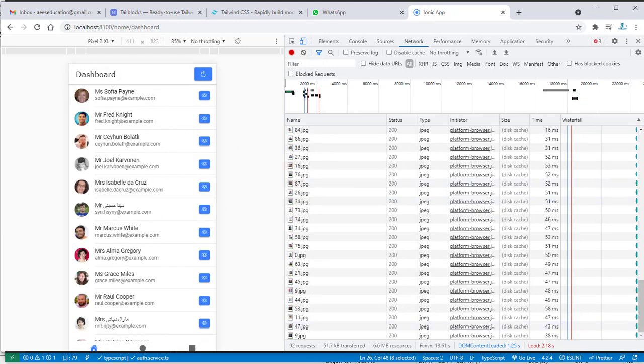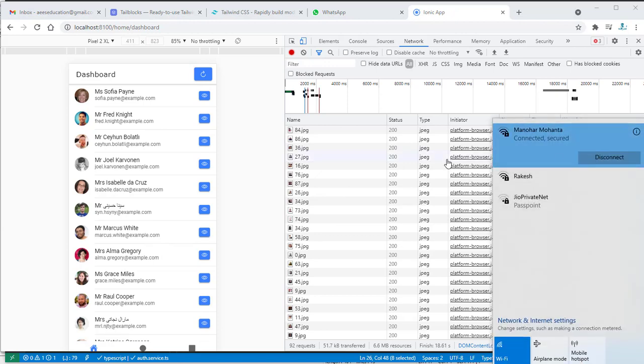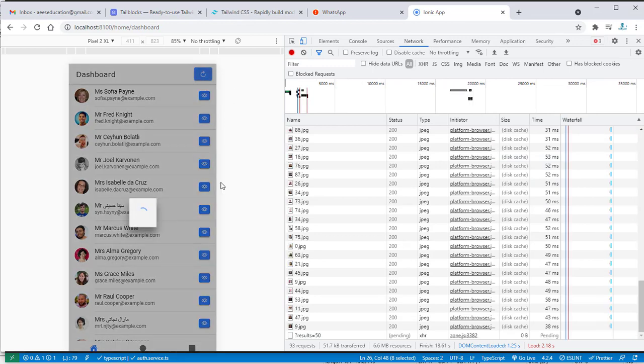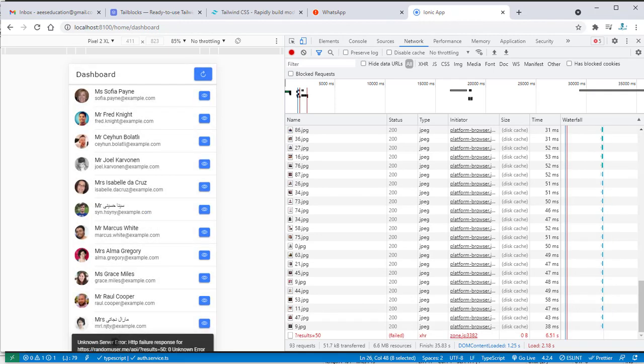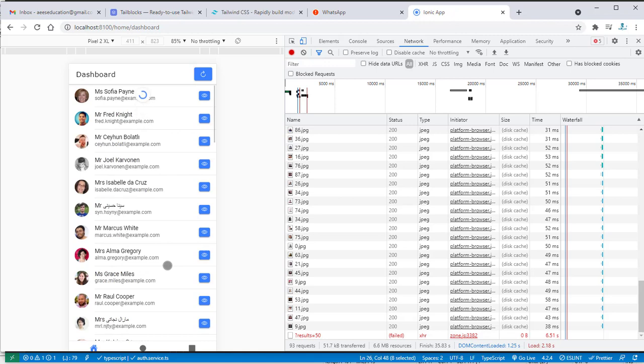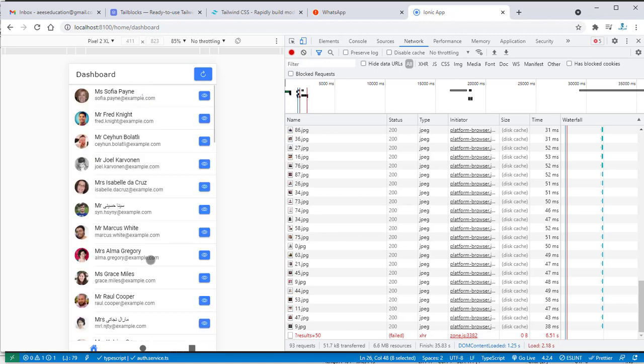So if my net goes offline, and if I reload it, it will check for the request, and after some time you will get an error like unknown reason, service error. If you want to show the error, it's okay, otherwise if you don't want to show it, that's okay too. And since everything is loaded and saved in the database, in local storage, nothing is required here.